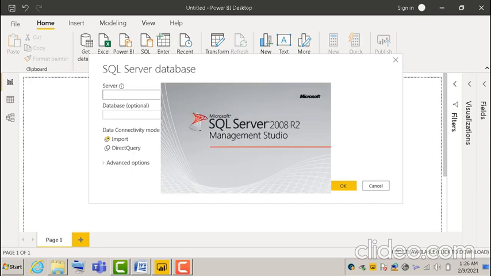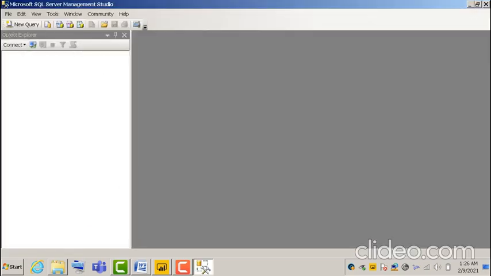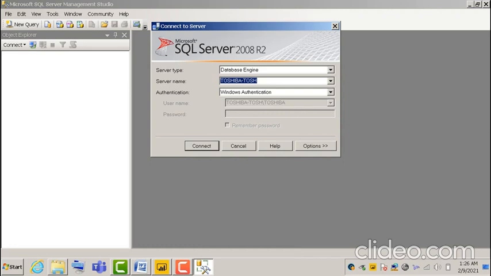My current version is 2008 R2. It will open my Management Studio. In case you don't know Windows R, you can just directly go to search and type SSMS and you will get your SQL Server Management Studio. As you can see, my server name which I am connecting to is Toshiba Tosh. Let me just click on connect, and I am connecting using Windows authentication